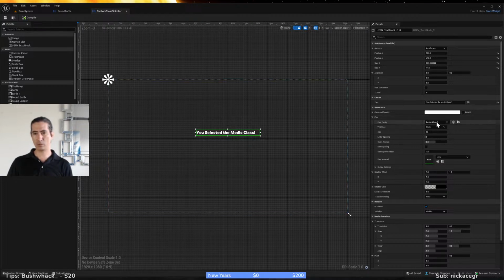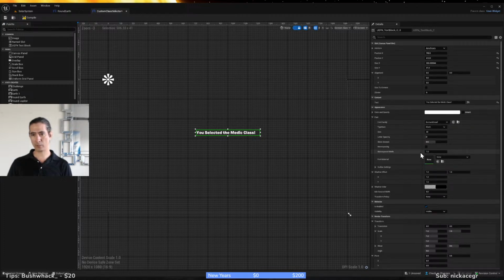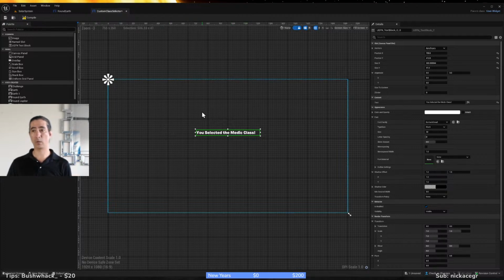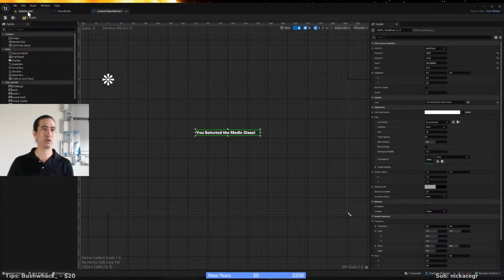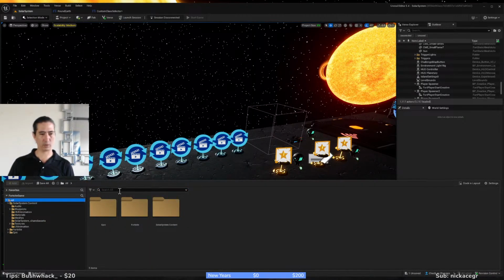If you want to change other text stuff, like you can change the color, all that stuff is available here on the details side, this panel over here, right? So you can do all that stuff. Change the size, change the rotation, whatever you want, right? And then you go back here, and then you're gonna click all and search HUD device.